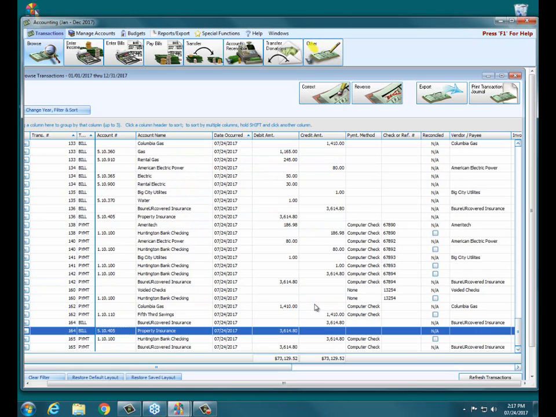And then when you run your bank rec, you just make sure you clear the old check and the bank deposit, and you are good to go. The only thing when you're dealing with things from prior months,